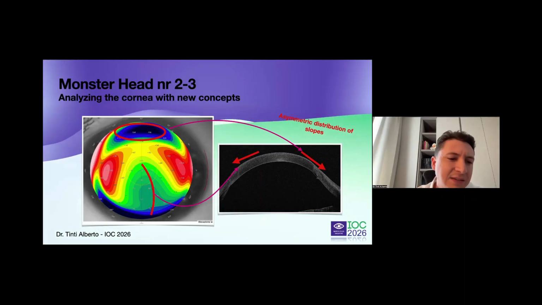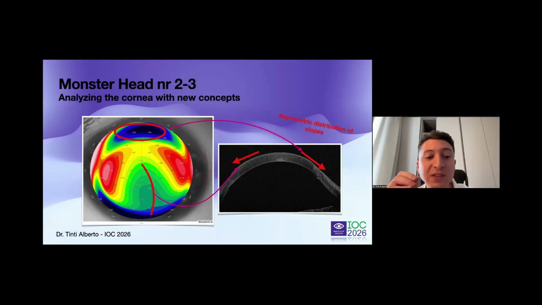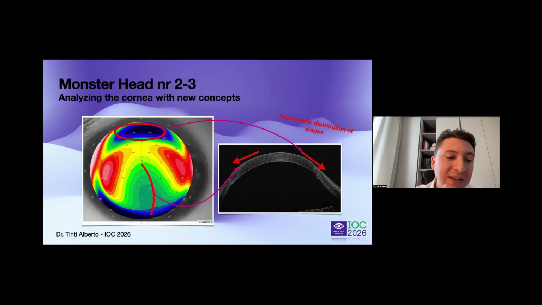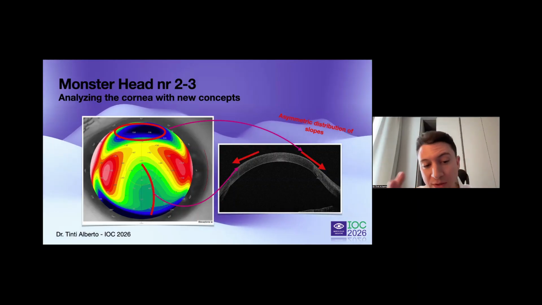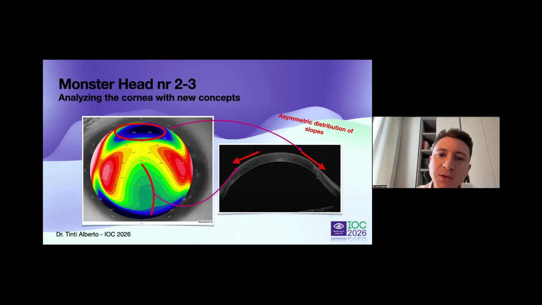So this tells us that the cornea has a highly asymmetric distribution of curvature and elevation. And this is why the previous lens was unstable. It was trying to fit a very complex and asymmetric geometry. So the question is, how do we design a lens for a cornea like this? And how do we finally restore vision for these patients? To answer that,